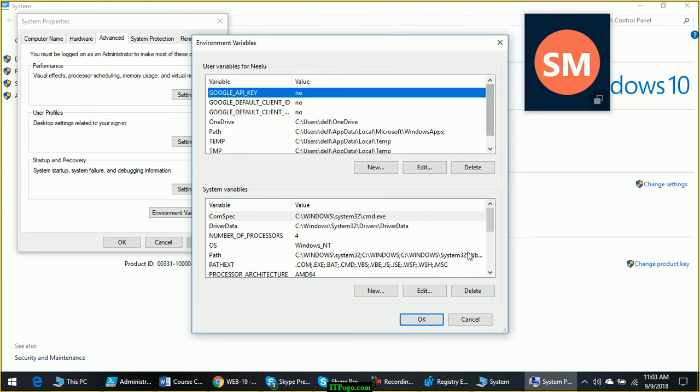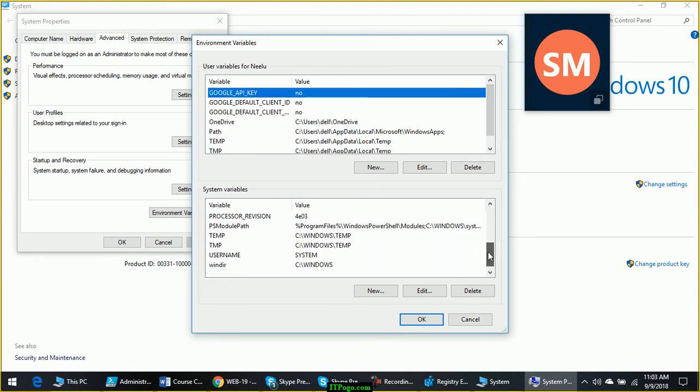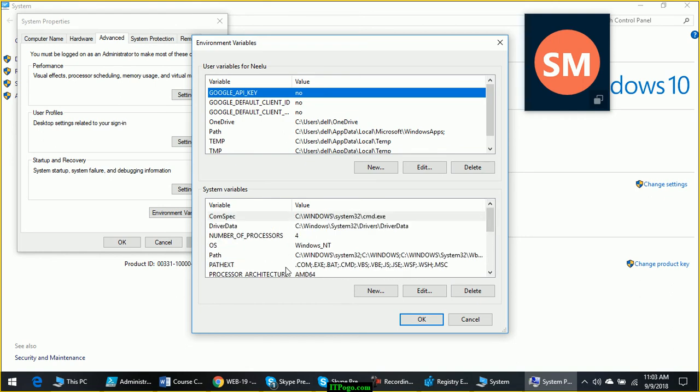What are these environment variables? Does anyone know where these are used? Okay, you want me to explain?